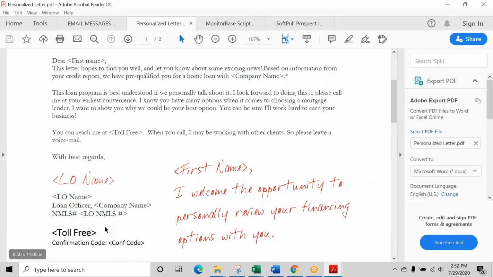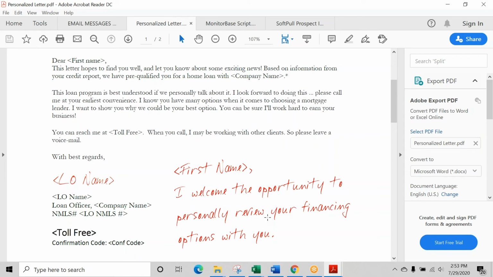Again, it has your name, your NMLS number, and that phone number that they can call to reach you at. And it has really similar wording to the email. So it says, "Based on information from your credit report, we have pre-qualified you for a home loan with Pinnacle Home Loans." And then it urges them to reach out and talk to you about it. So even if you did not call any of your alerts, didn't engage with the system at all, you will probably get calls every once in a while from these letters and emails.